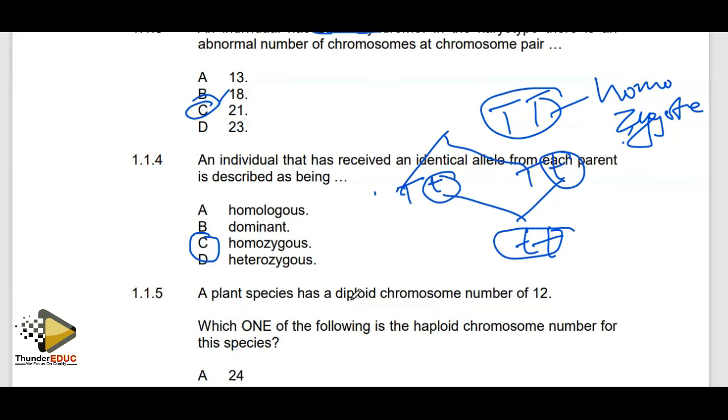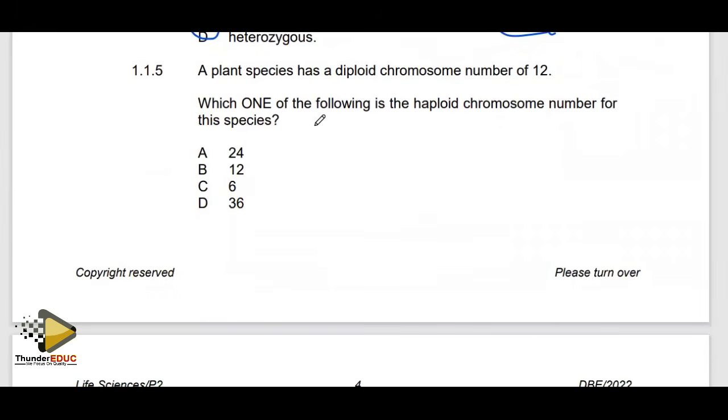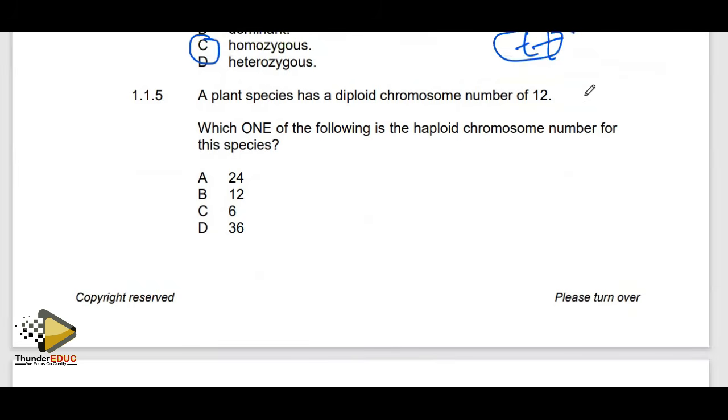They are saying that a plant species has a diploid chromosome number of 12. Which of the following is the haploid chromosome number for this species? Diploid: di means 2. That's why it's called 2 sets of chromosomes, 2n. So haploid,